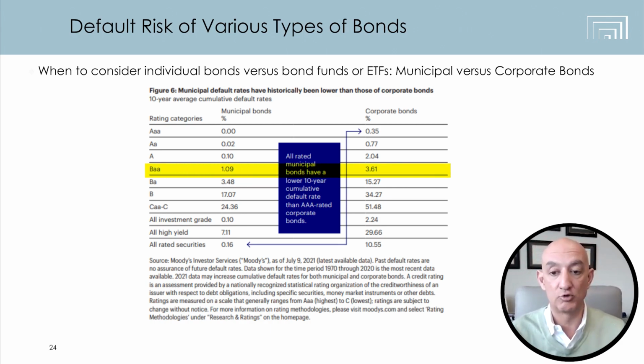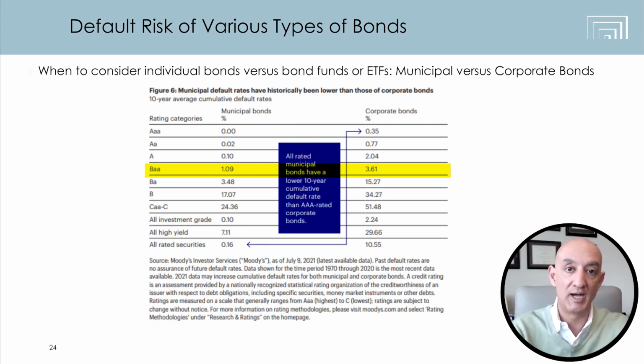So if you look at triple B rated corporate bonds, 3.61% default rates over 10 years. With municipal bonds, the number's been considerably less. In fact, triple B rated, Baa rated municipal bonds have generally had a lower default rate than A-rated corporate bonds. So entities that are municipal in nature, cities, towns, generally tend to have far less defaults because they're always around, but corporations over long periods of time do tend to have more defaults because times change substantially and the businesses that are doing well change substantially with the times. So keep that in mind.